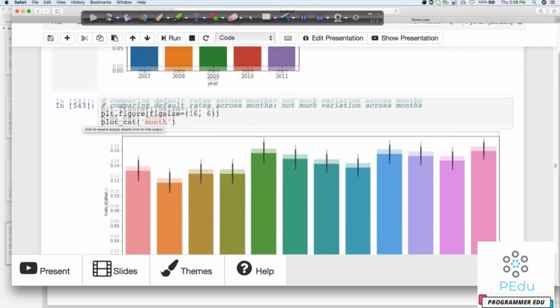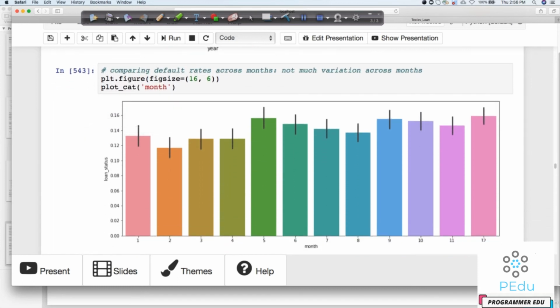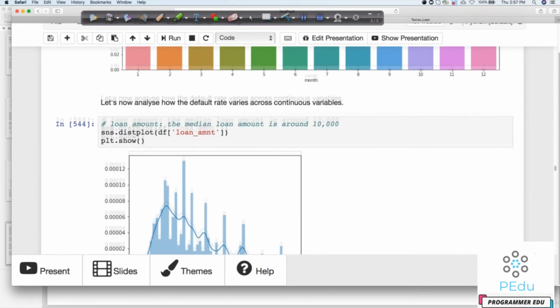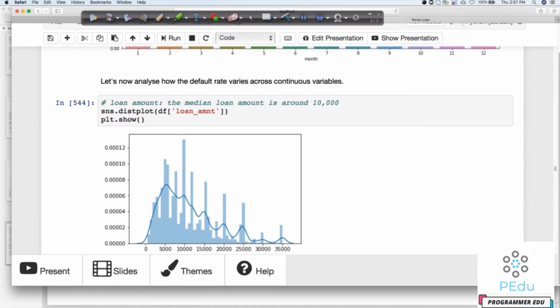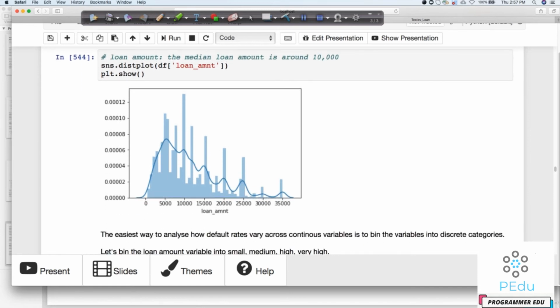After that, we can also do a month-wise analysis, but month-wise is not giving us anything concrete, because more or less everything looks the same. Now let's look at the loan amount. Loan amount, if you remember, is a continuous variable. Till now, whatever we were dealing with were categorical variables, and categorical variables were very easy, as we have done. But what about a continuous variable? If we plot a graph on loan amount, it is not telling me anything very interesting. It is not really giving me much insight, unlike the categorical columns, where we could tell whether the loan risk is higher or not. So I'm not able to draw any inference out of it.